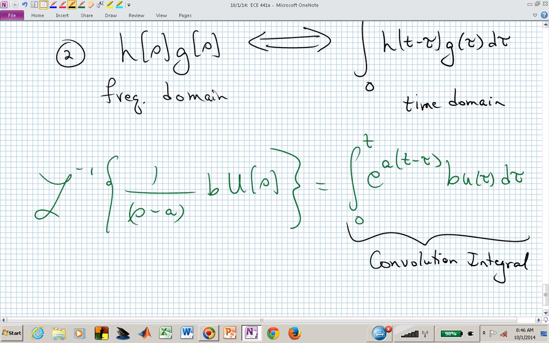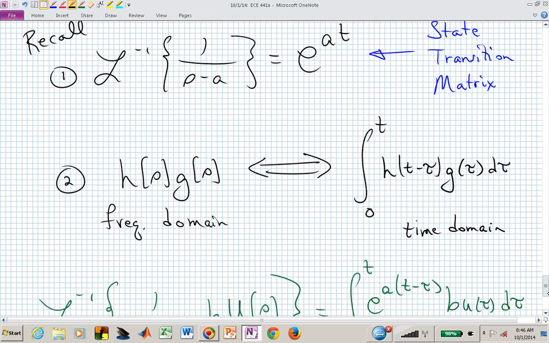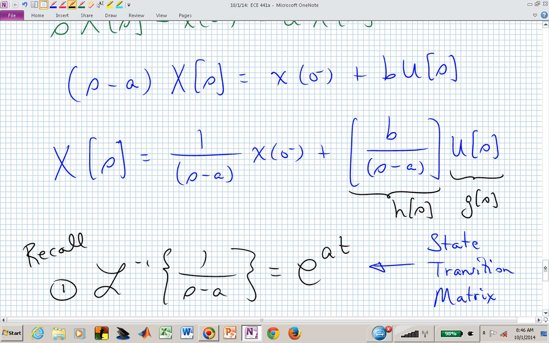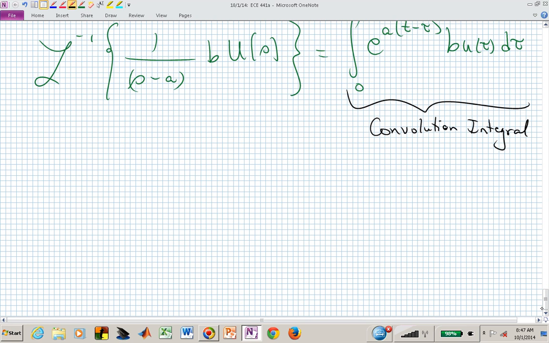What is this e to the a? That's our state transition matrix. So the natural behavior of our system does influence how the input gets pushed into the dynamics of our system. If we put these pieces together, we had part 1 and part 2. If we now inverse Laplace transform that capital X of s expression, we obtain our time domain waveform. We now can say that x of t in the time domain,